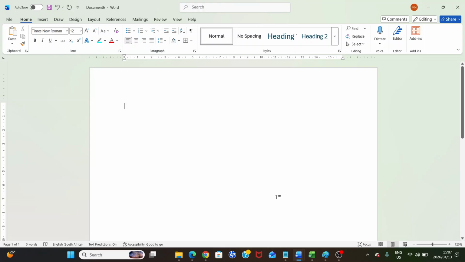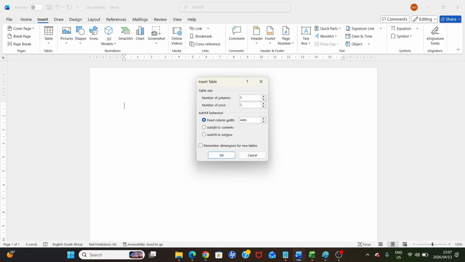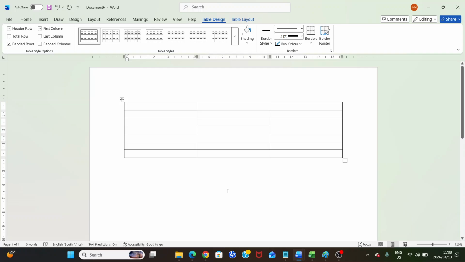Insert 3 columns and 7 rows. So we are going to click on insert a table and then we are going to go here where it says insert table and we are going to say 3 columns and 7 rows. So you click on insert table and you go to 3 columns and 7 rows. Step 7, the font size for the text in the table is 12. We already changed it to 12. Step 8, bold the title and column headings.